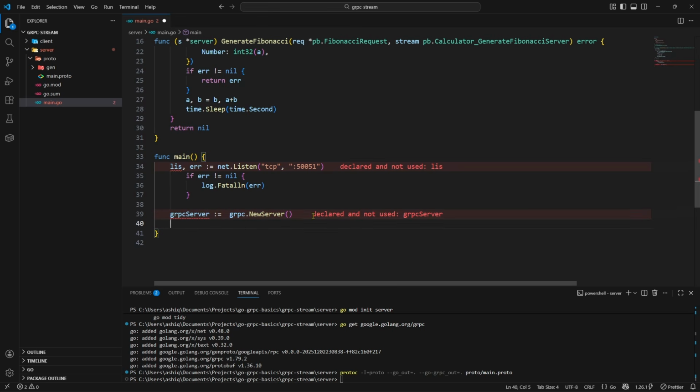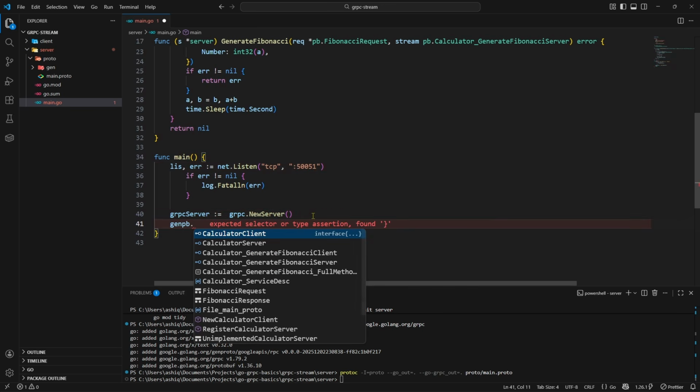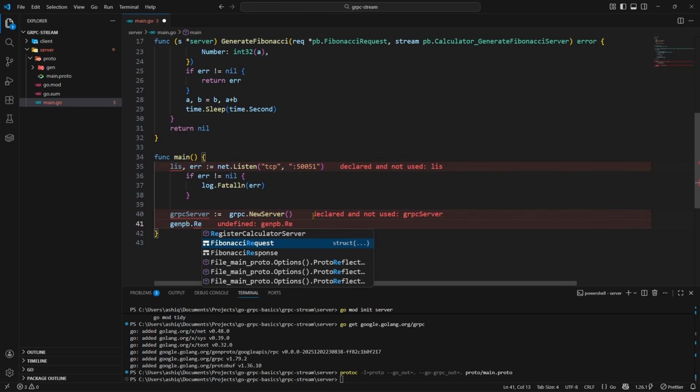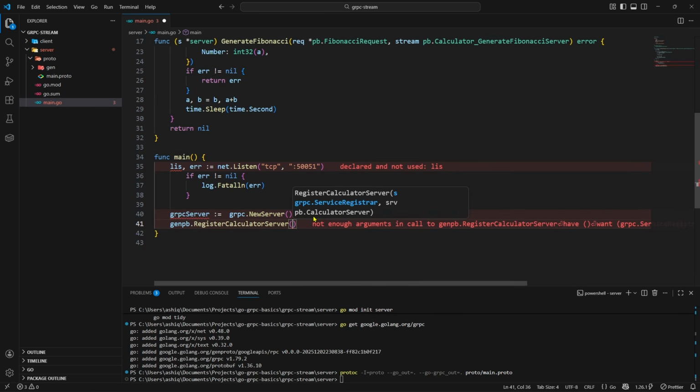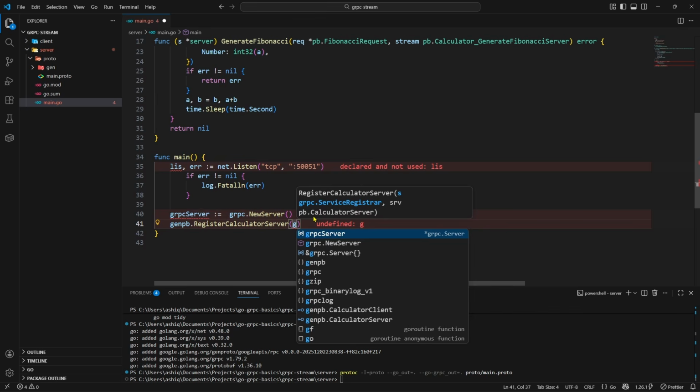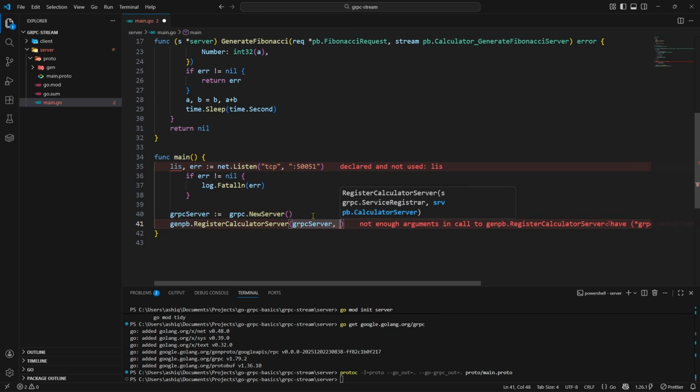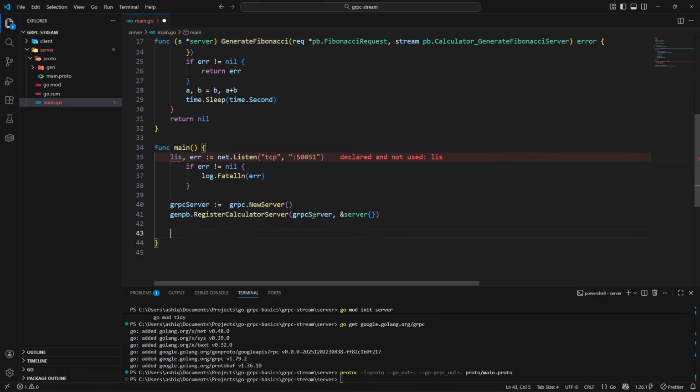And then I can access the genpb. And on that, I need to access the RegisterCalculatorServer, like so. And to this, we need to pass the grpc server that we just created, and also a pointer to the server struct, like so. And with this, with our server created, the port created, and the service registered, we can now